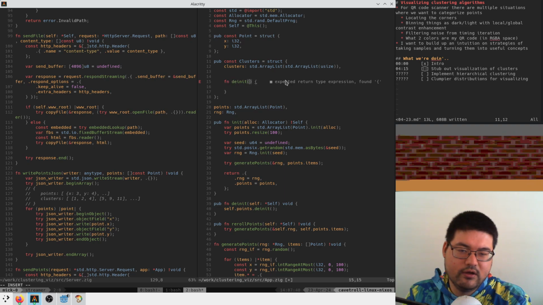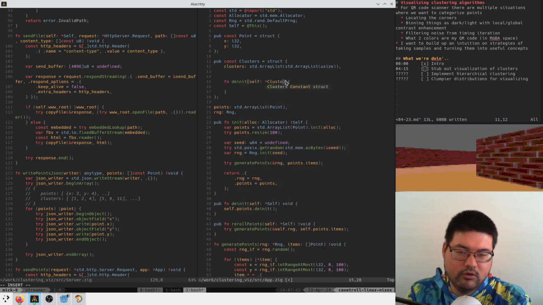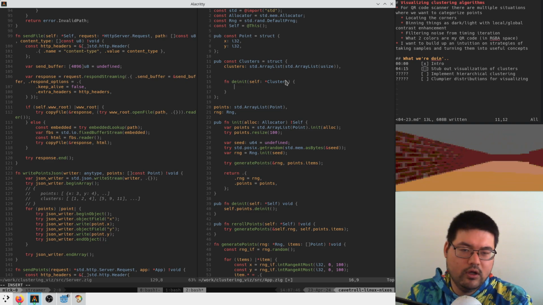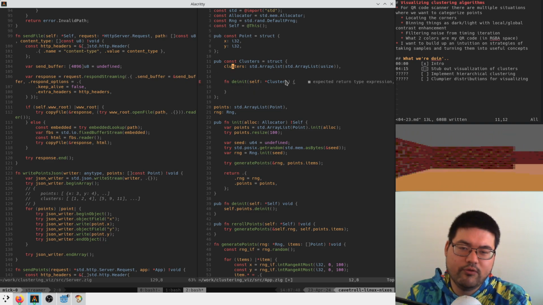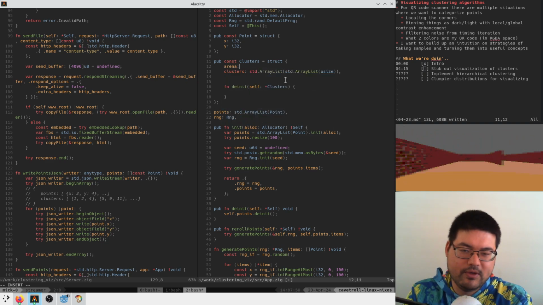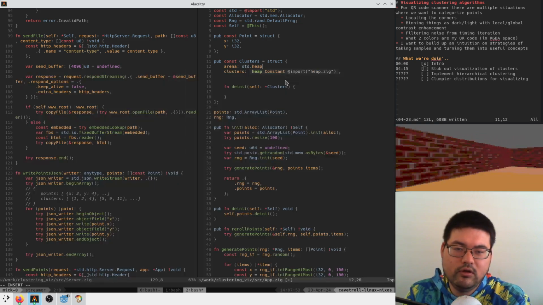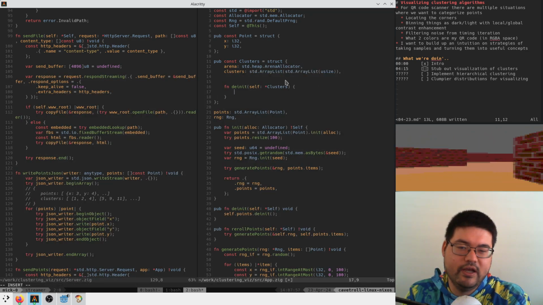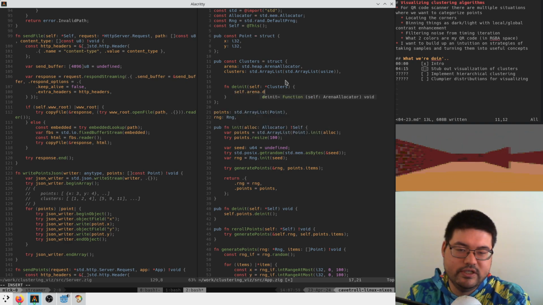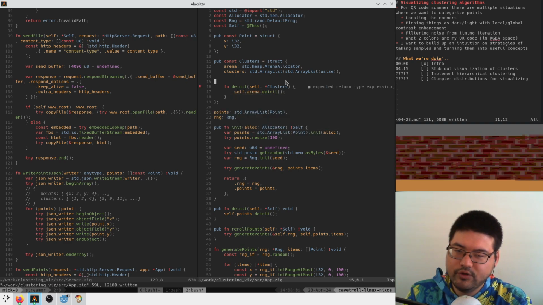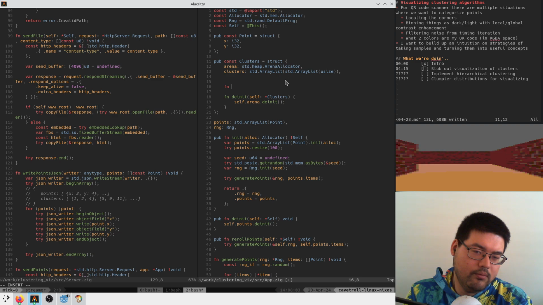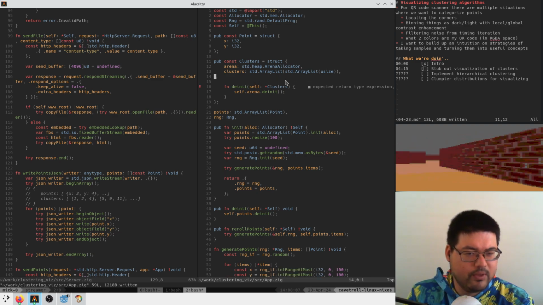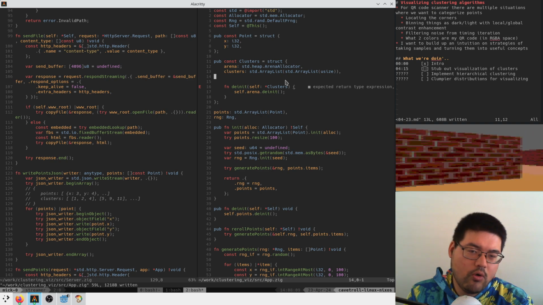And we'll just have a function deinit here who takes self as a mutable pointer to clusters, and he's going to call, well, what if we just shove all this in an arena? That makes my life easier. Arena allocator, and then we can just say self.arena.deinit, and I don't have to worry about it. I guess probably, are we going to ever be removing stuff from clusters? We might be,